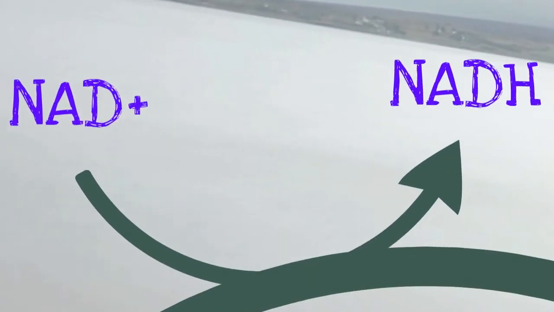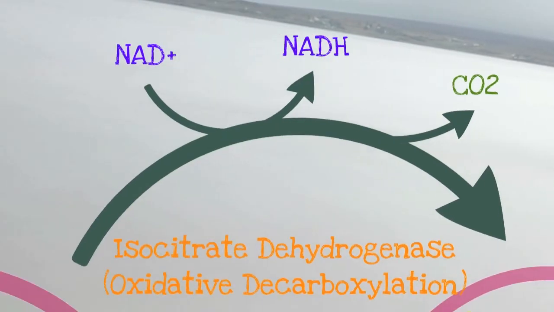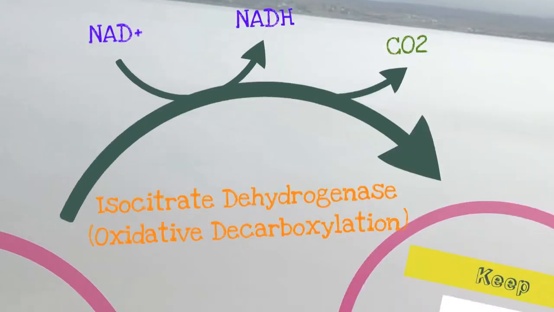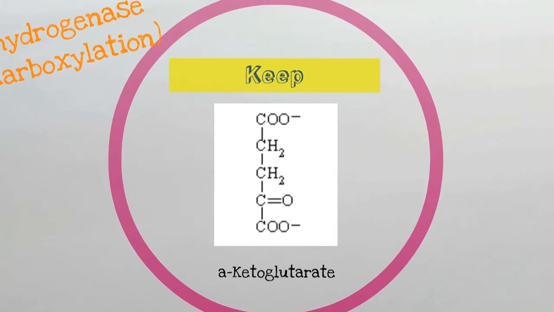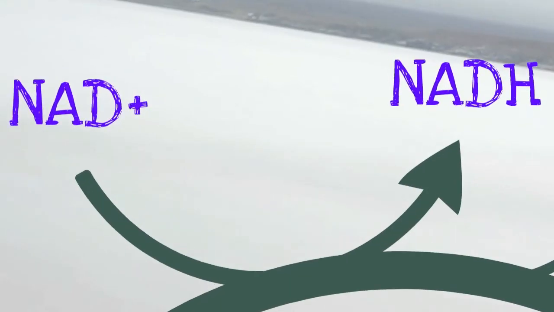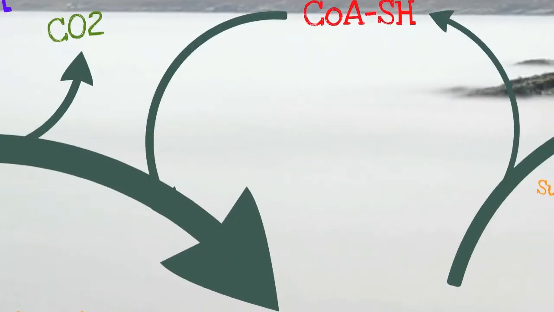NAD+ then gains an electron and is reduced to NADH. We get a loss of CO2, and isocitrate is oxidatively decarboxylated via isocitrate dehydrogenase. Our product? Alpha-ketoglutarate. Once again, NAD+ is reduced to NADH, CO2 is released, and a third factor, CoASH, no, we didn't lose it,